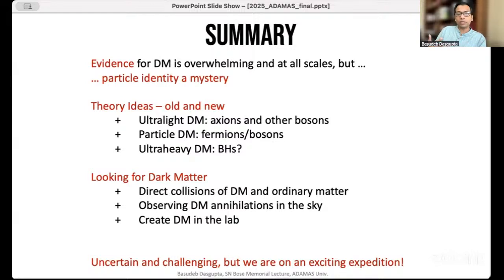And there are ways of looking for these different kinds of black holes. And depending on what is your assumed type of dark matter, what do you think is making up this dark matter, you have to conduct a variety of different experiments to look for them.